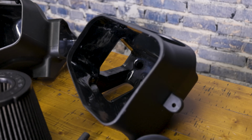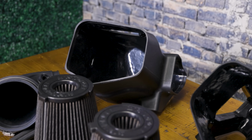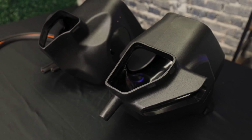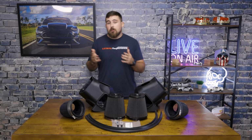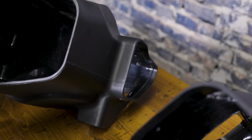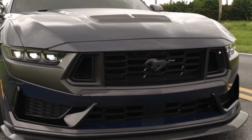Now, if you guys don't recognize these airboxes already, they are actually derived directly from Whipple's competition airbox kit that comes as an upgrade for their S650 supercharger kits. However, the all-new Crusher intake kit is designed to optimize the airflow and ultimately the performance while your car is still naturally aspirated. These oversized airboxes are designed to work directly with the factory air duct system that pulls cold